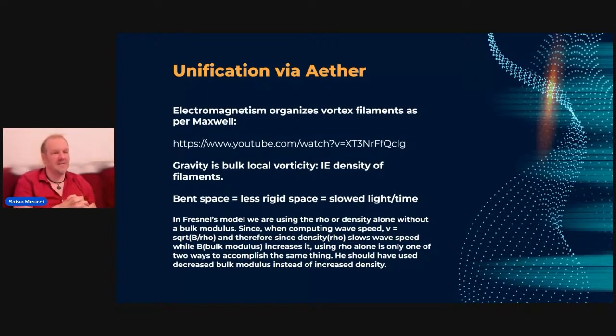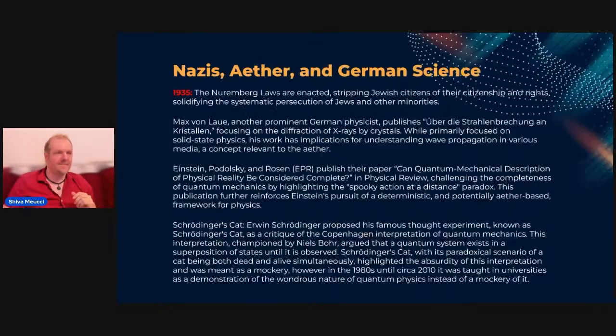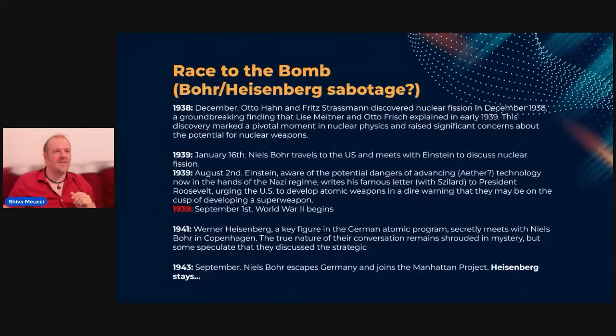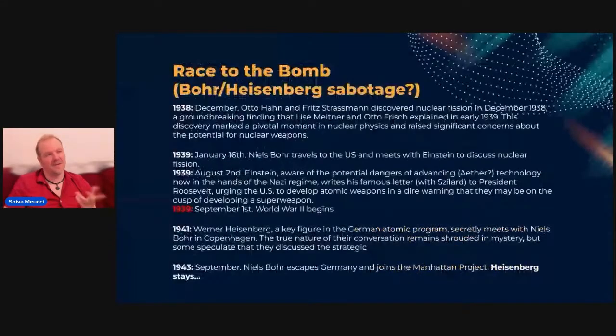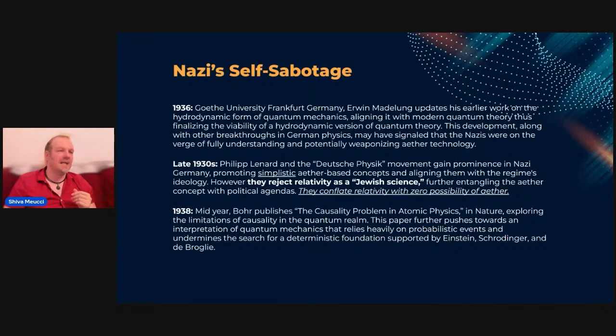And basically our idea of bent space is that there is a slowing of light, and light is responsible for time because it is the mediator of communication of change between objects, or actually there are slowed waves in the ether, whether that be gravitational waves or any sort of wave, because the waves are in fact ether. So I'm not going to get into the further stuff there, but basically what we end up finding in some of my other things here, and like I said, I've run straight out of time,